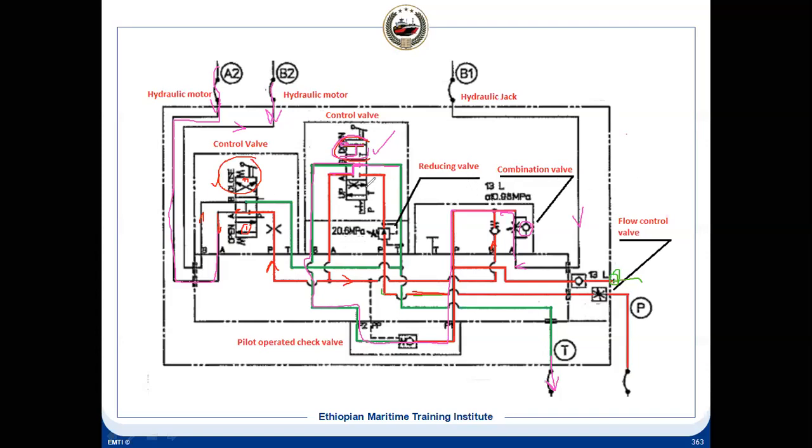And here, if you see, there is a restrictor. It means when it is moving up, this drain line, return line is connected through this, then also it will be controlled. It will not move upward too fast, because you will need high force to move up. So that is the reason there is a restrictor in the return line. That means it is controlling the flow. So this is one of the arrangements for our hatch cover.